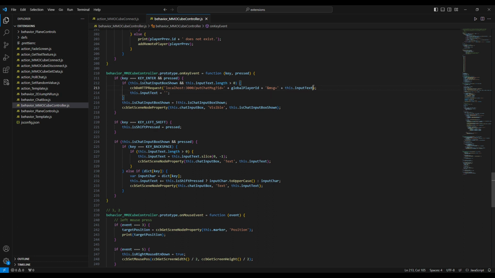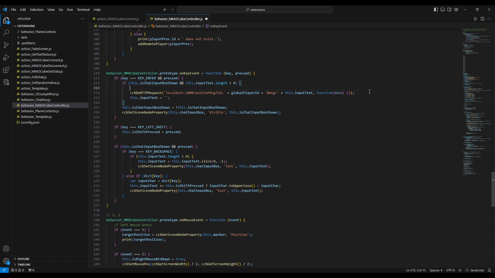All right, we also need a callback function because CopperCube won't work without it. So we do on data, and we will just do nothing. Basically, we don't have to do anything. And here we will also update chat on new line sent. Okay, so this is fine and all. So now I think we can just test if it works or not,